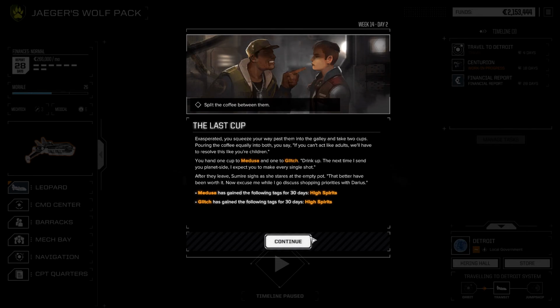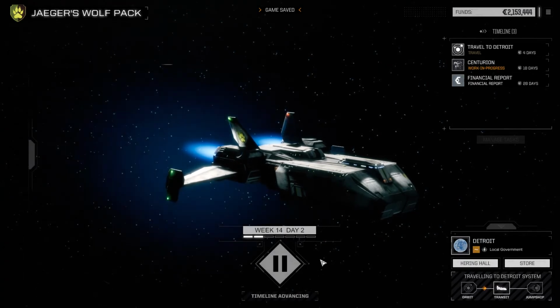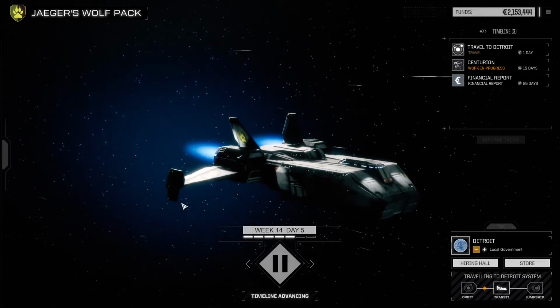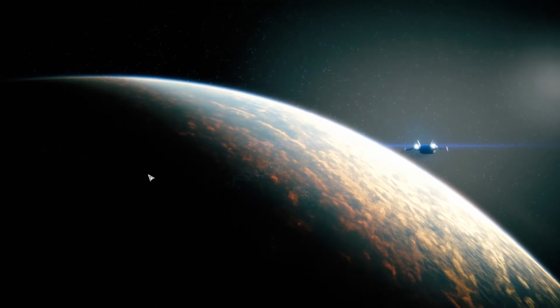How did I even know she was in there? Medusa has gained the following tags. High spirits for the next 30 days. I guess that's good. We'll need that on our mission here. What did that do for Sumire? I mean, is that even a...